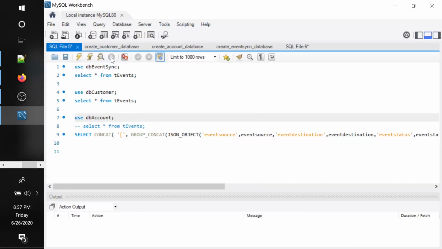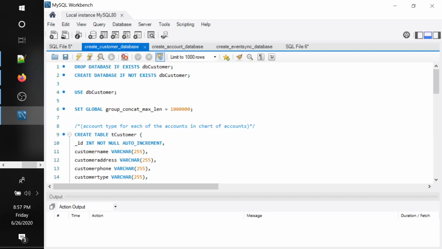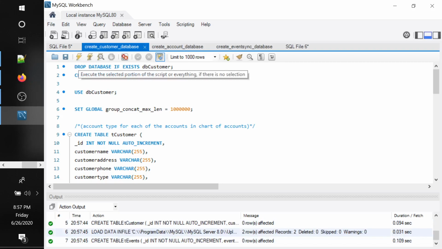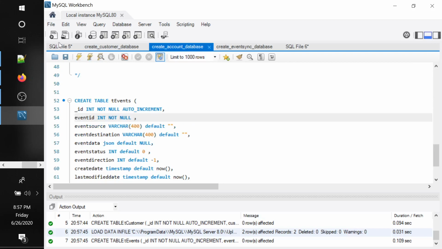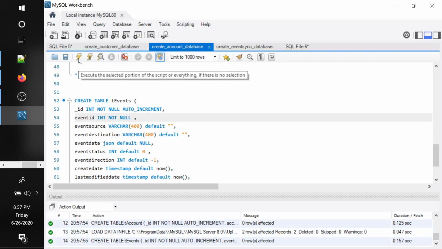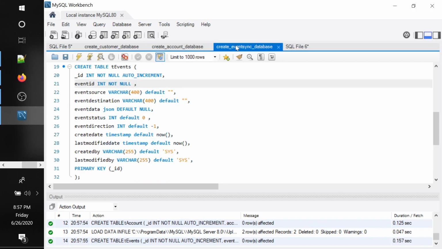Right, so I have these three files over here. Create customer database is the same file. I simply run it by clicking this, and if you notice, everything is getting created over here. Let me create the account database. When you create the database, it is going to delete all your data. Whatever old data is there is going to get deleted,